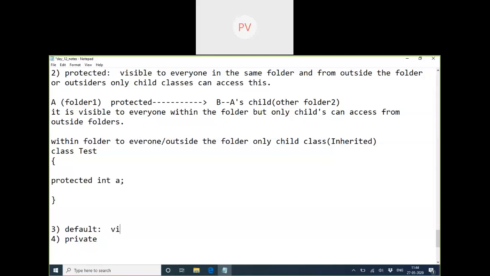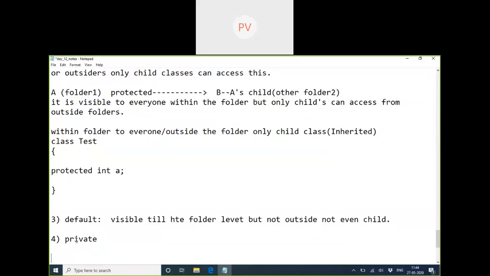It is visible within the folder, but not to the outside, not even to a child. So no one can see it other than the folder. It's only visible to other classes in the same folder, but not other packages, not even a child class.